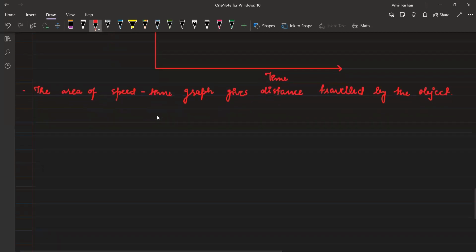So from the formula of speed, Ayaan, you can see that speed is equal to what? Do you know what speed is equal to? Distance upon time. Yeah. Okay. Distance upon